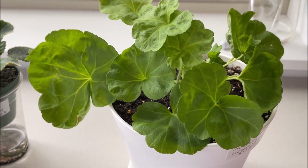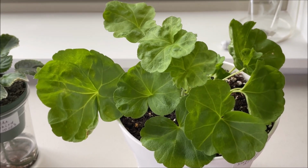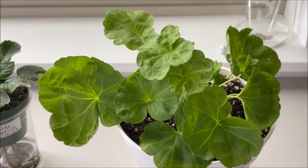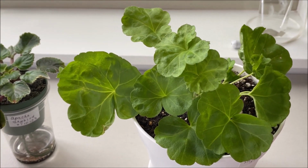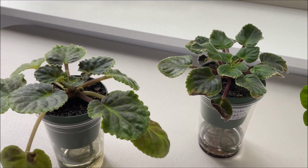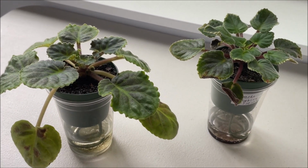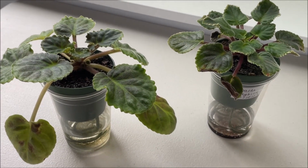So I'm hoping this plant will be bouncing back and will be healthy from this point on. When I first found the adult thrips on the geranium, I started watching the African violets more closely, zooming in with my camera, and soon saw that the white specks on the leaves began turning into thrips larvae